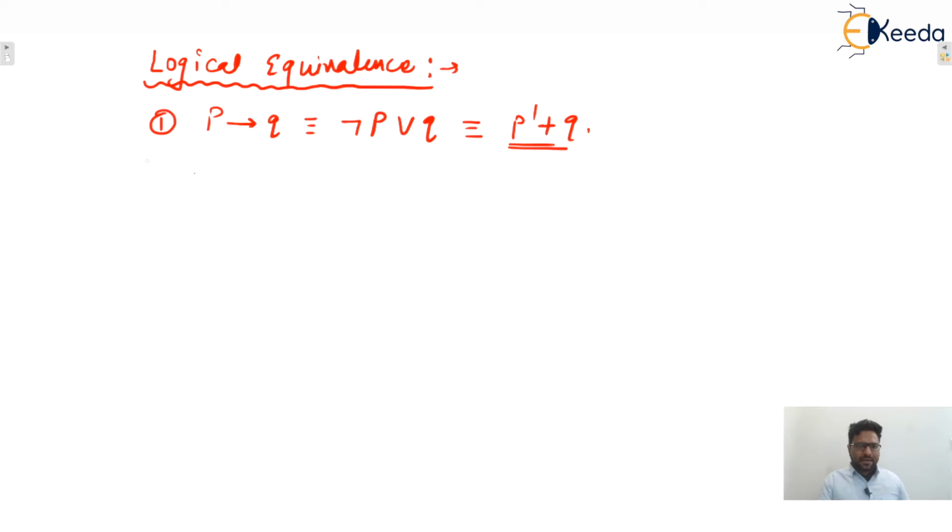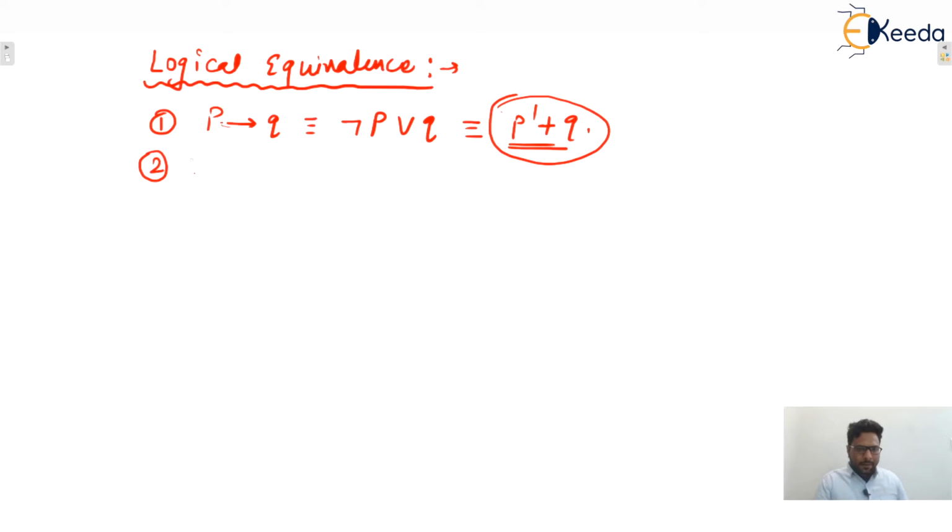So next one, the second one. Remember this one, because you know how to prove whether these are equivalent or not. This must be required during problem solving. If you want to solve the problems fast, then it will be very, very useful. This one is your conditional statement, and these are primary operators: AND, OR, negation. So we'll try to convert all secondary operators into primary operators so that simplification becomes easy.